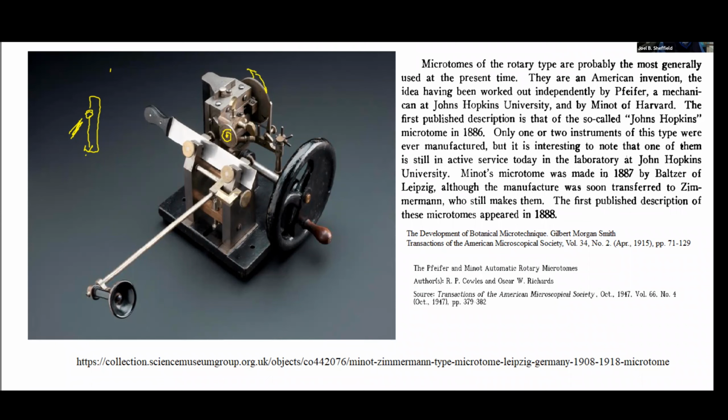Now, what you would end up with from something like this then was a section on the knife blade. And when you cut the next section, it would push this one out. And so eventually, you'd be creating this kind of ribbon of samples. Okay. So that was basically the idea of certainly the Minot type, but I want to go back for a moment